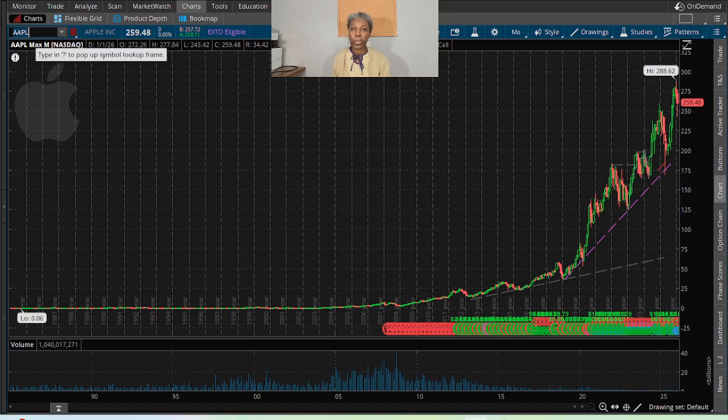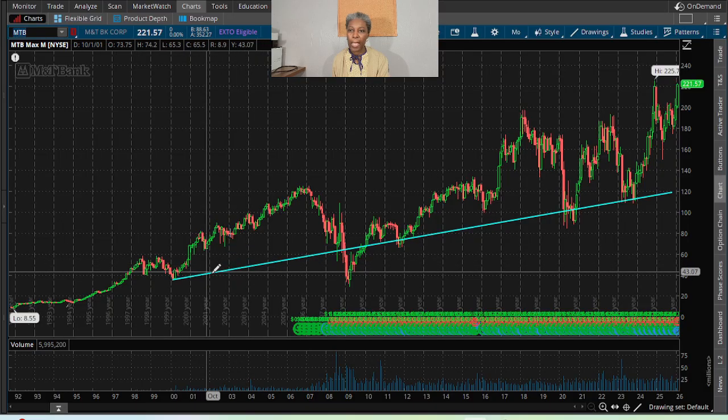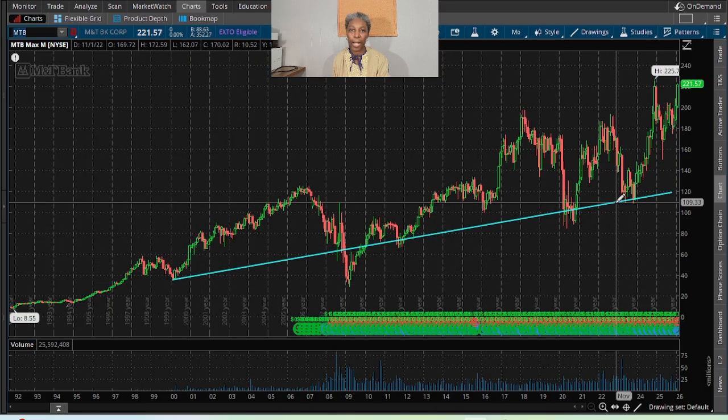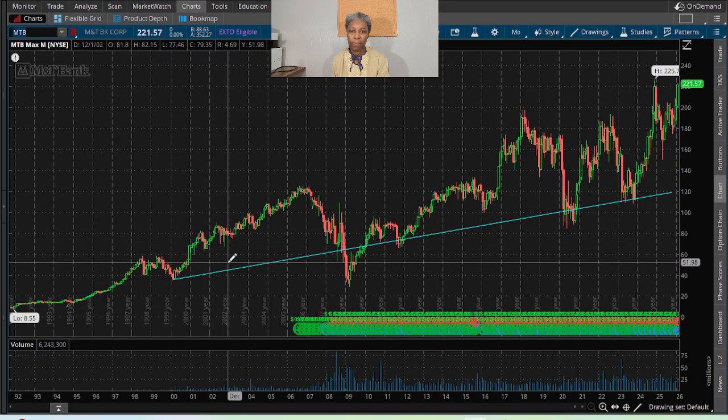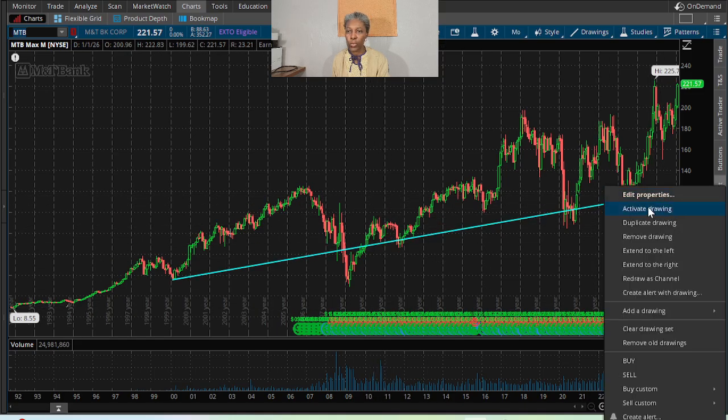It does not do all the work for me, but it does the first two filters for me, and then I'll continue the rest manually in my watch list creation. MTB. So MTB we are going to analyze today. I have this value line that I like to buy at, and this value line went through multiple of those stocks,